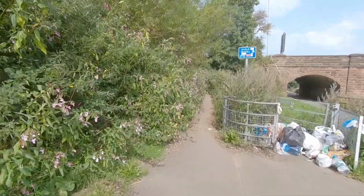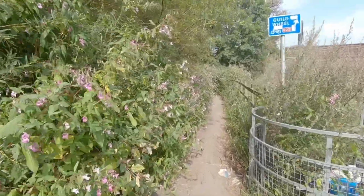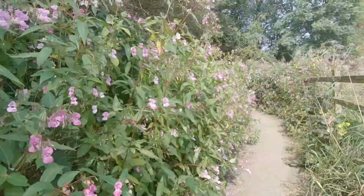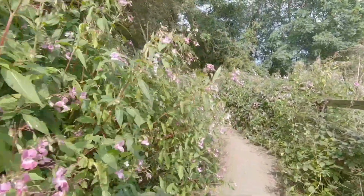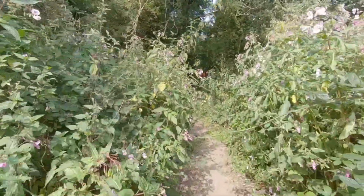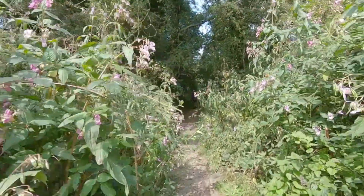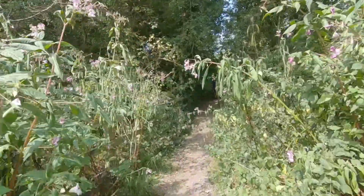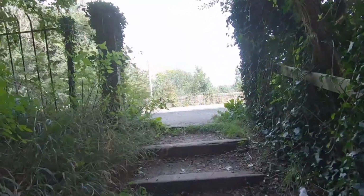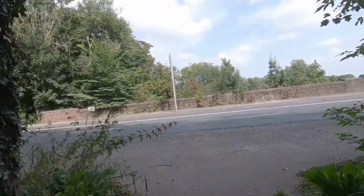It becomes a narrow path. It's quite overgrown in places. This path will eventually lead to some steps that take us up onto the footpath by the main road. Just going through some more Himalayan balsam, and then once we go up the steps we come onto the footpath and turn right